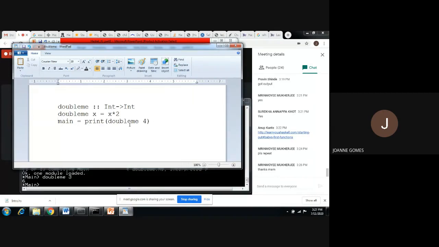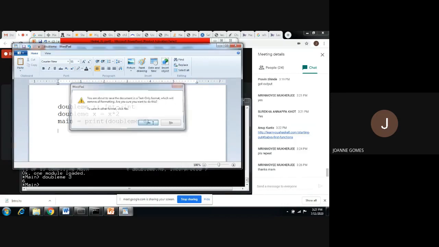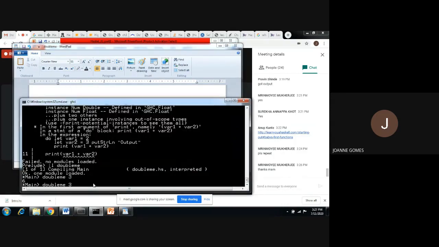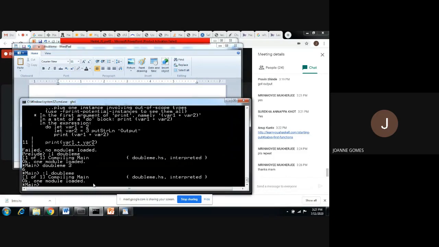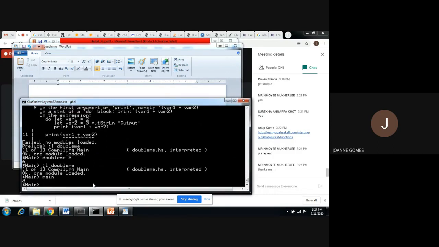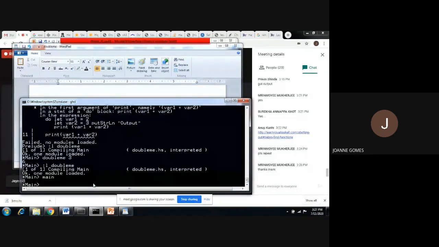Right? Now, if I want to use main, so by main what I can do is, I can just give a fixed value here. So, print the result of function double me. So, double number 4, right? Double the number 4 and give the result. So, let's load the file again and then say main. So, now it is giving 4 into 2, 8. So, I can divert the results to standard input output, or I can call the function by its name. So, there are two ways we can execute this way. I hope I'm clear. Everyone got it?